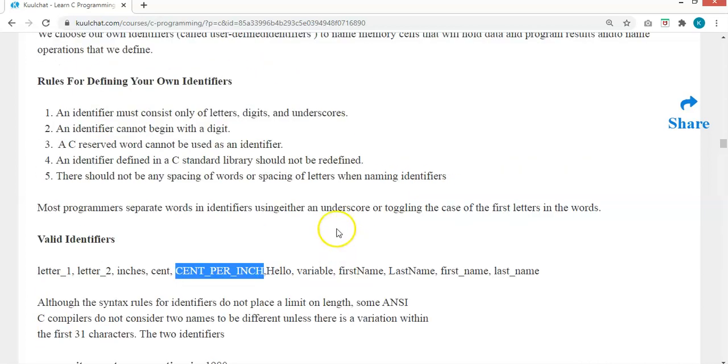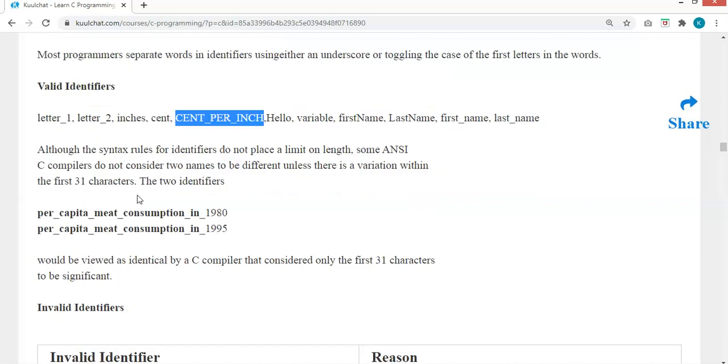Of course, you'll be deviating from option number 5, which means that we say that you shouldn't leave a space between them. Now, although you can write your own length of characters in some programming environments, there are maximum characters you can use. So if you reach that maximum, then